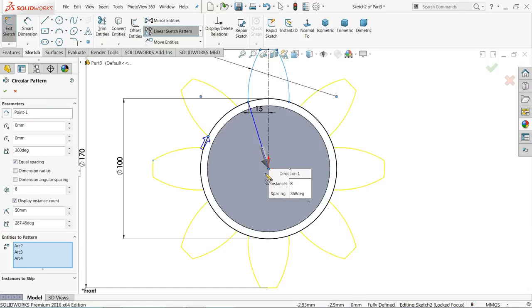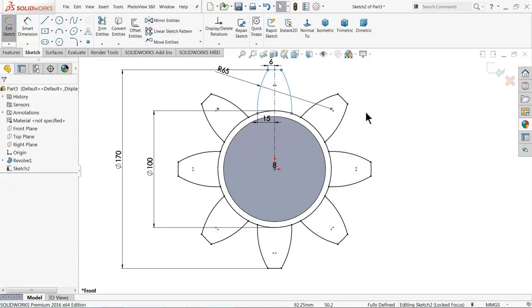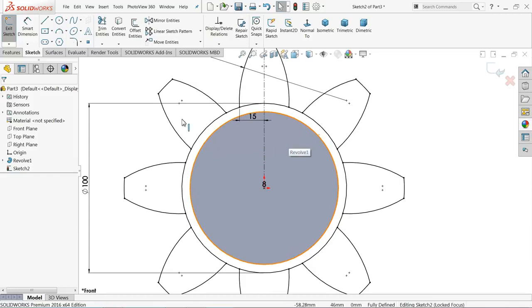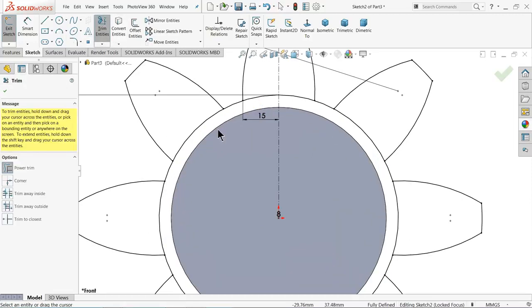See, this is 8 profiles. Select, keep equal spacing. Okay, now that's it. Trim entity, now we need to trim, so I'll choose power trim, drag and drop. It is simple.